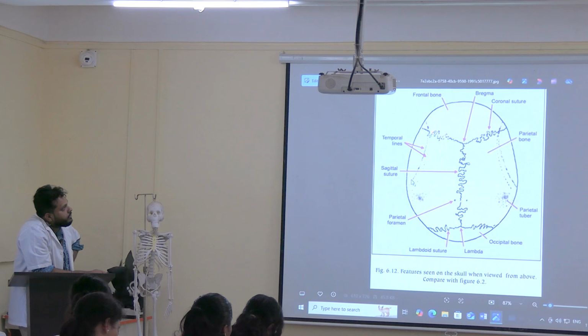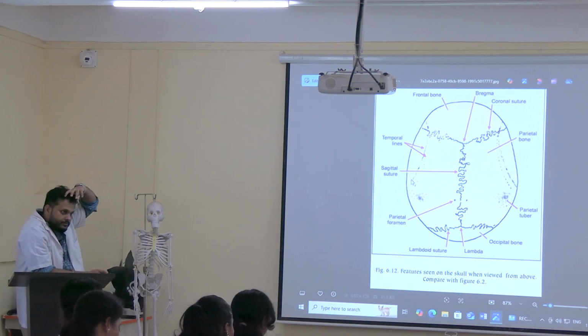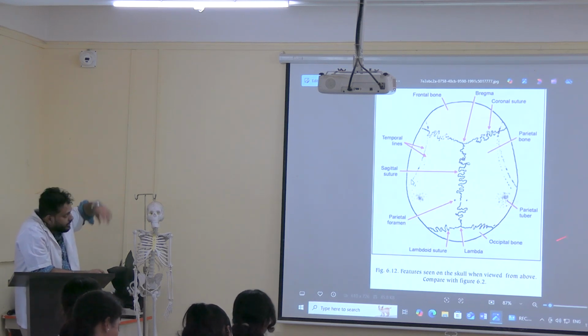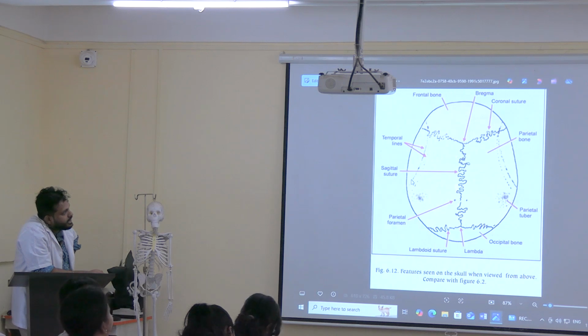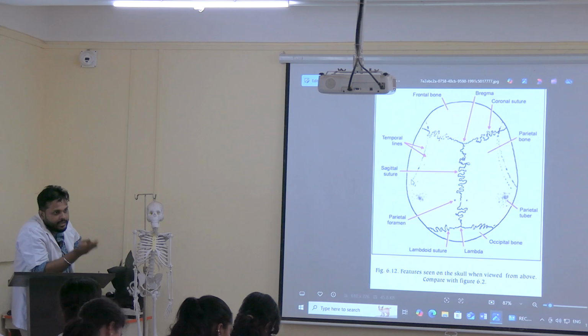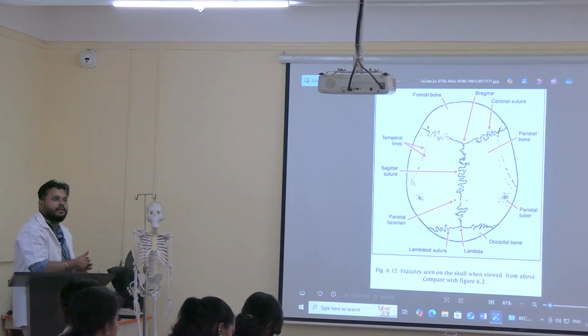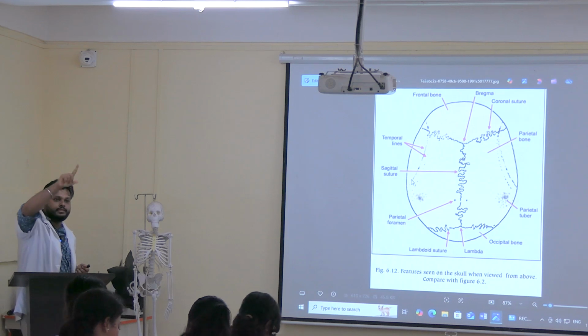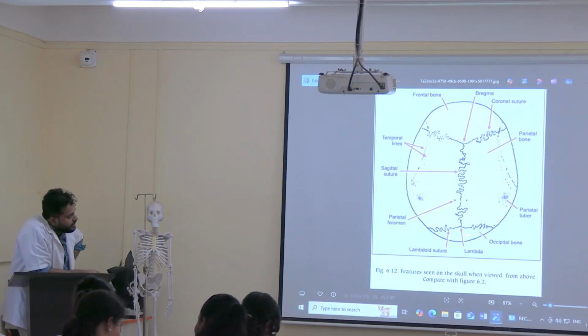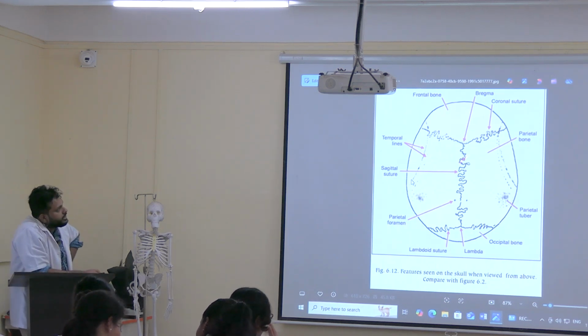Okay. Now this coronal suture. Coronal means लैटिन में इसको बोलते हैं कि crown like. That is your coronal suture. This one is sagittal suture. Comes from the word sagittal, मतलब arrow like. देखो this one is sagittal suture and this is lambdoid suture. It looks like the lambda. फिजिक्स में पढ़ा होगा आप लोगों ने, right? This the lambda. This is your lambdoid suture. See, just